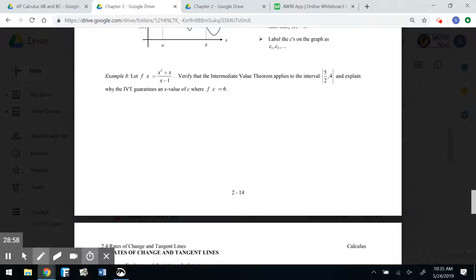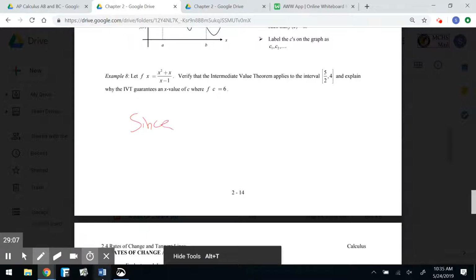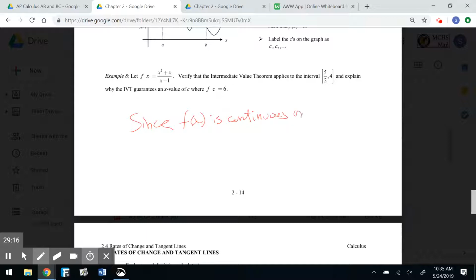Now, the AP makes us write a real fancy statement whenever we're dealing with any of these theorems. So here we go. What would I write on the AP? Since f of x is continuous on the closed interval 2.5 to 4,